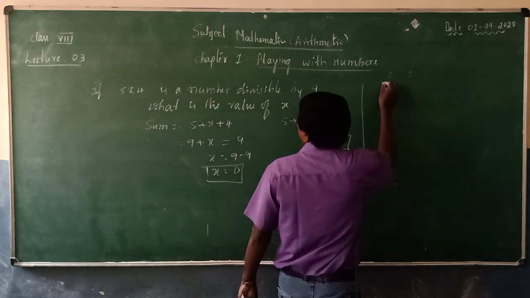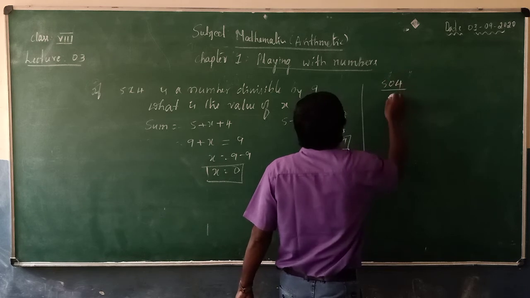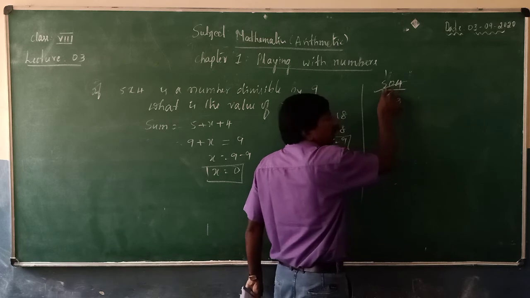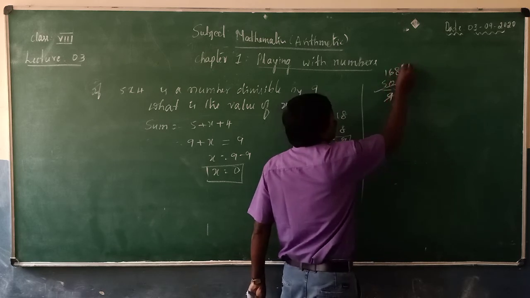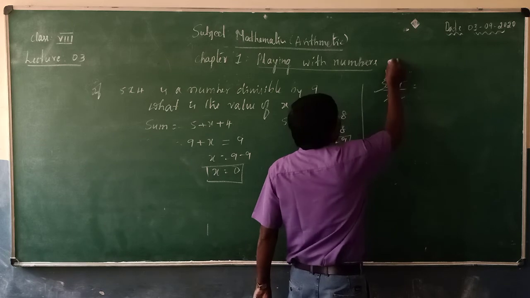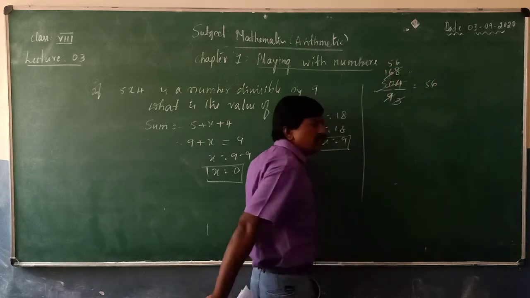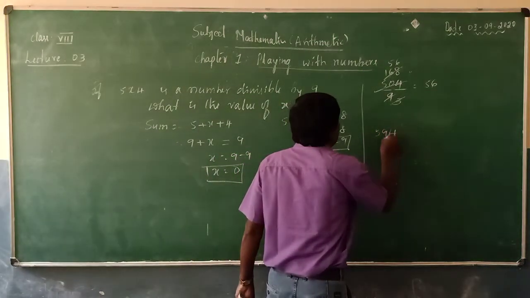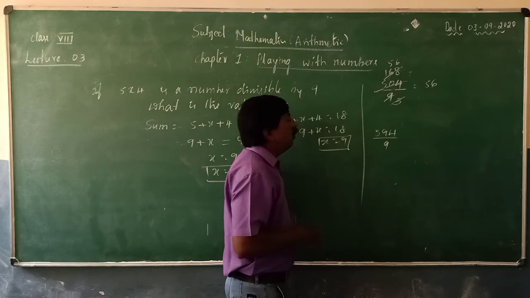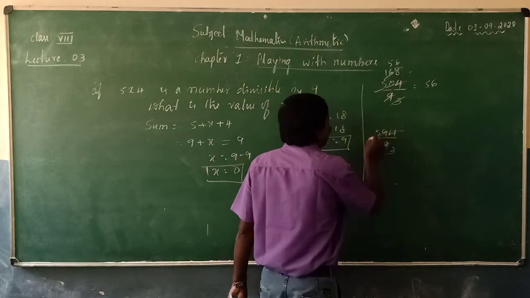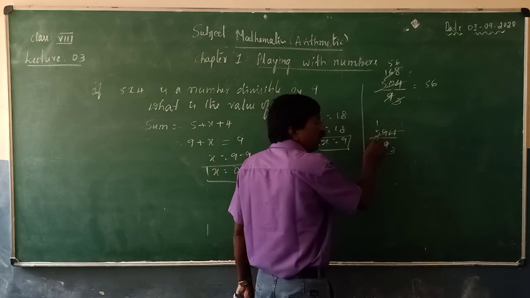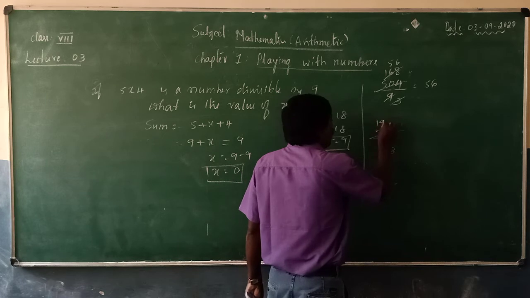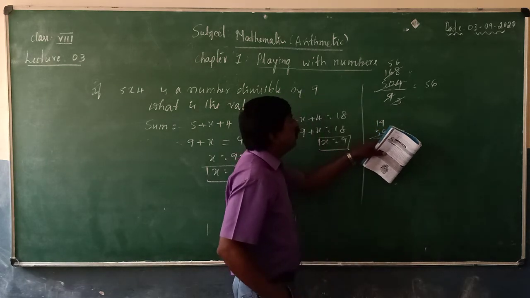First one, 504 divided by 9. 3 3s are 9, 3 1s are 3, 20, 3 6s are 18, 3 8s are 24. Again 3 1s are 3, 5, 3 6s are 18. It is 56. Let us take 594 divided by 9. 3 3s are 9. 3 1s are 3. Remaining 2, 20, 28. 3 9s are 27.